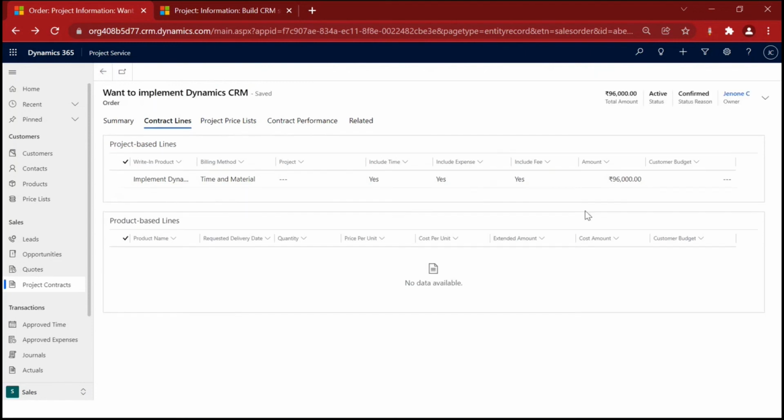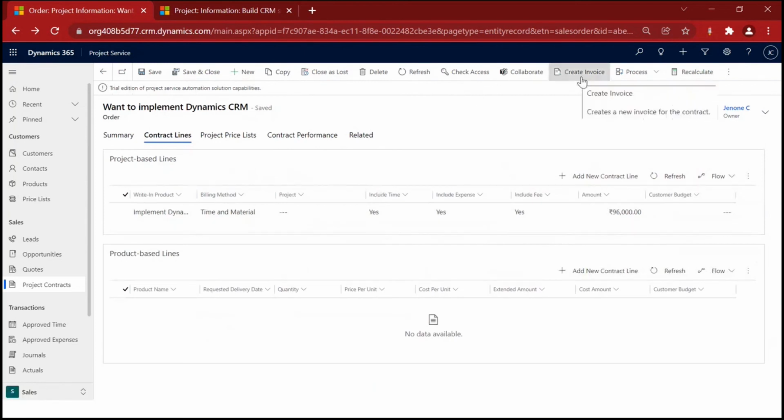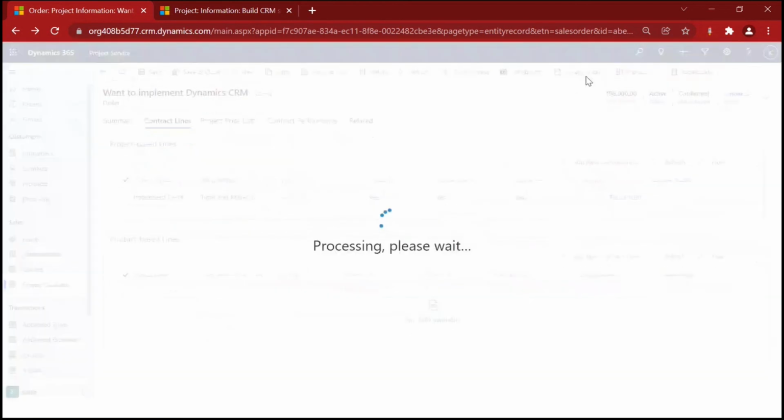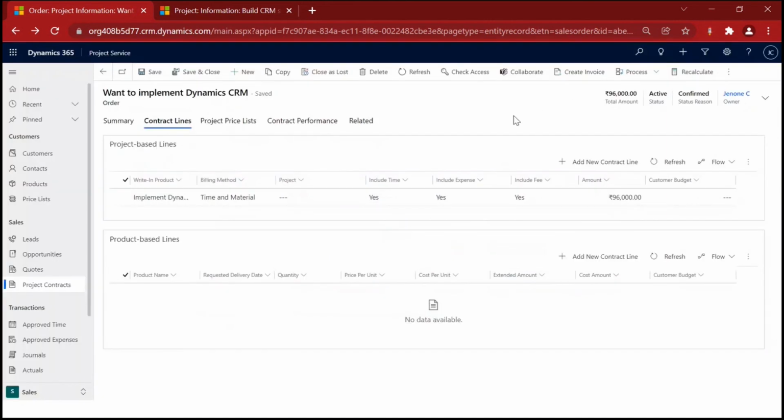Now the next step is to convert this to an invoice record. We'll be clicking on this create invoice, but I don't think this invoice will be created. Yeah, actually the invoice will not be created. The reason is